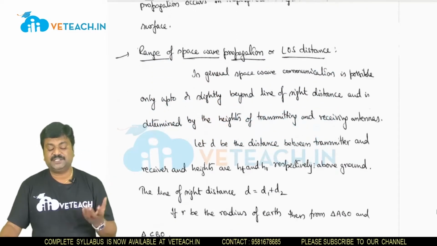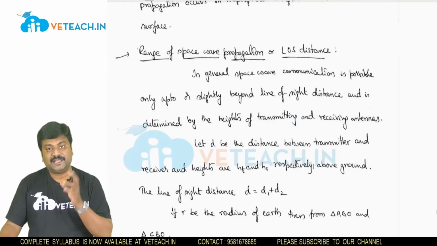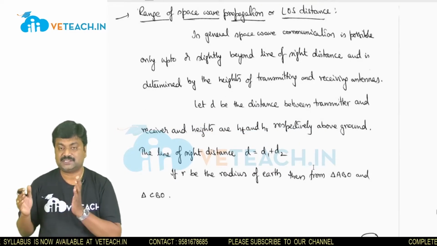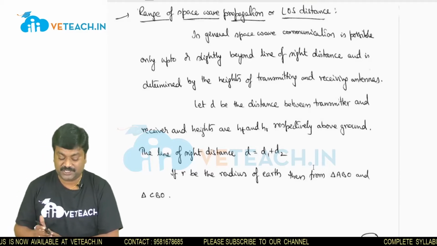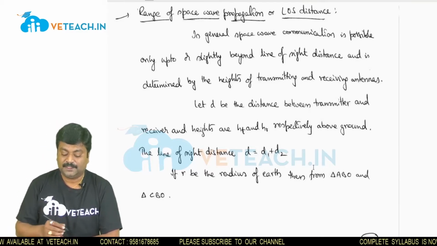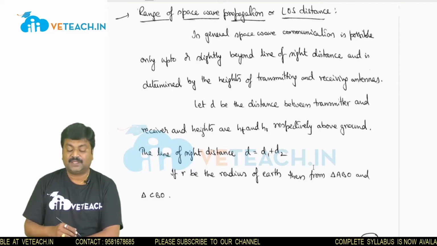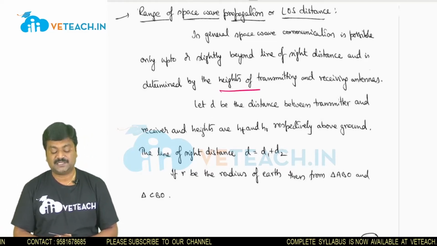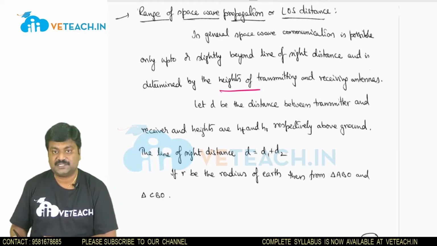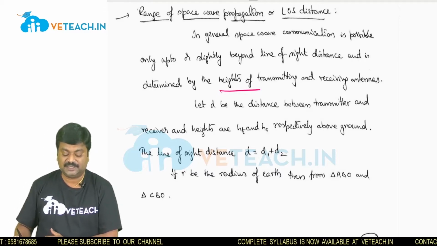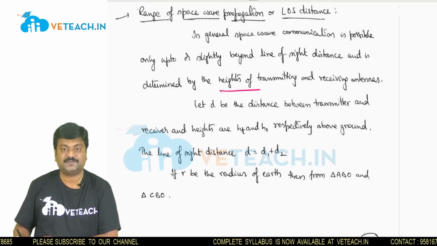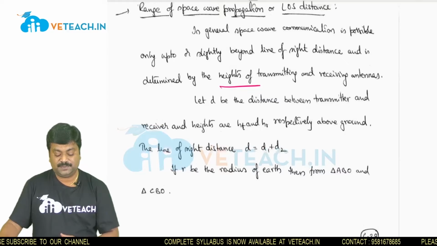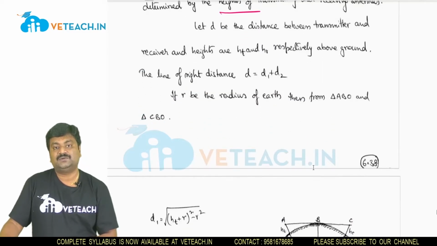And coming to the range of space or line of sight distance, space wave communication is possible only up to the line of sight distance, and as I said earlier, it depends upon the heights of the transmitting and receiving antennas. Let me consider the distance between the transmitter and the receiver, and the heights be ht and hr respectively above the ground, and the line of sight distance now becomes d1